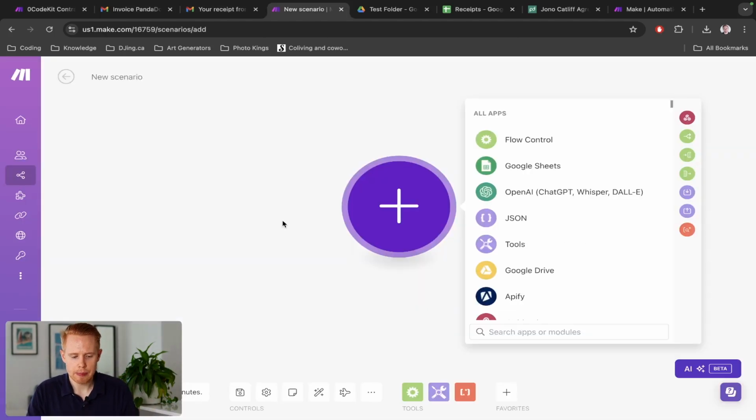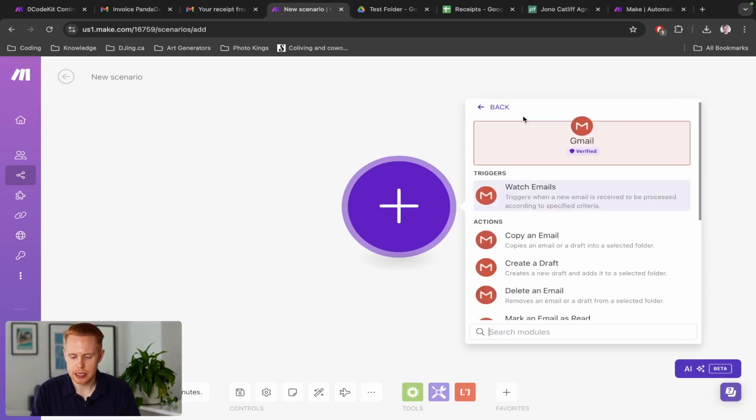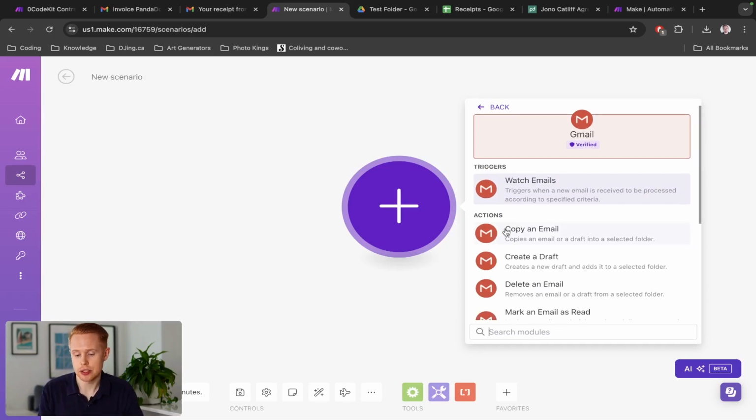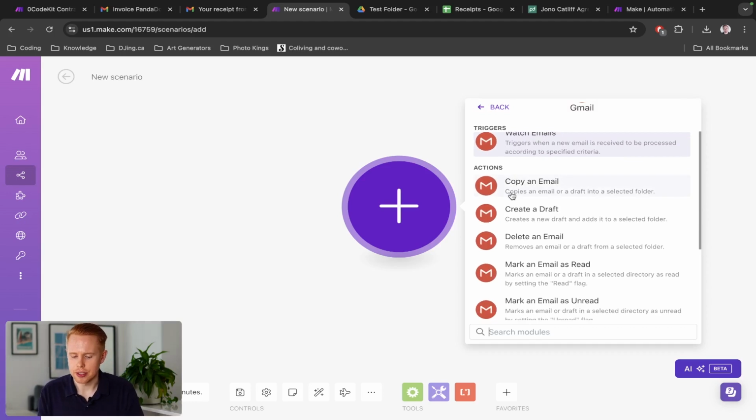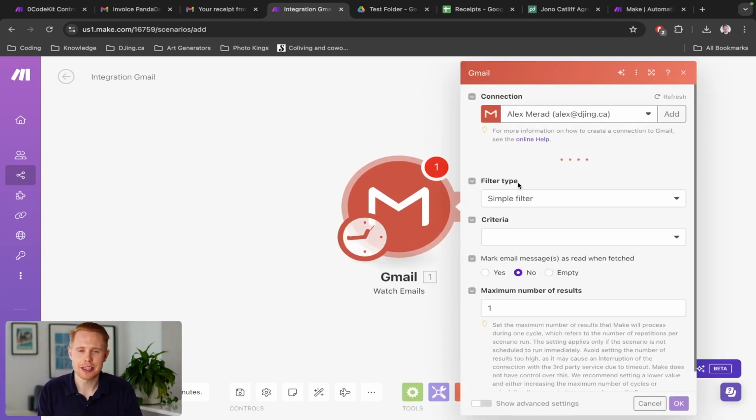So coming back into our workflow here, what we want to do is just log in to Gmail. So we'll type in Gmail, it'll come up here, and we have triggers and actions. So we're going to select watch emails. That's going to be the trigger, but you can also see other things that you might want to do. Maybe you want to copy an email or create a draft or delete an email. There are countless other things that you can do here. But for the sake of this tutorial, we're going to be